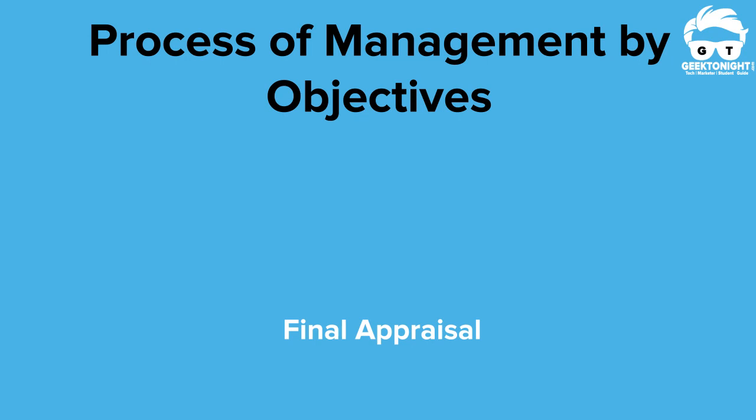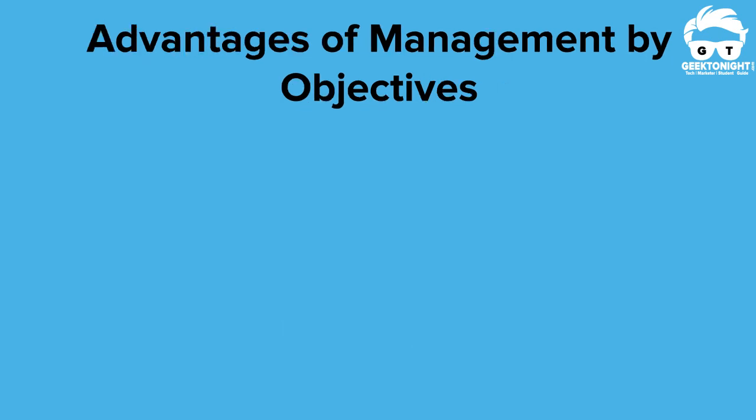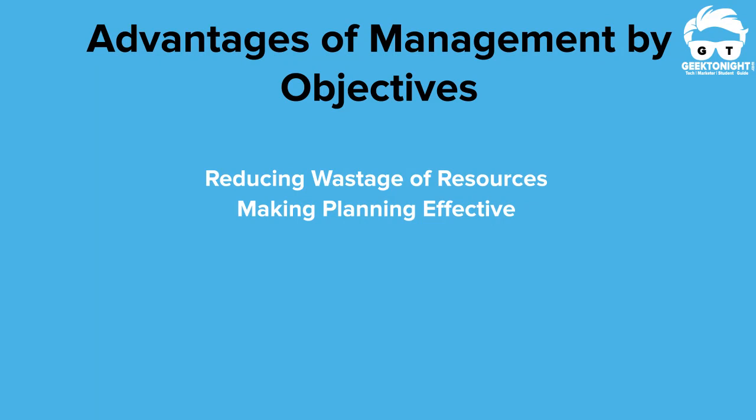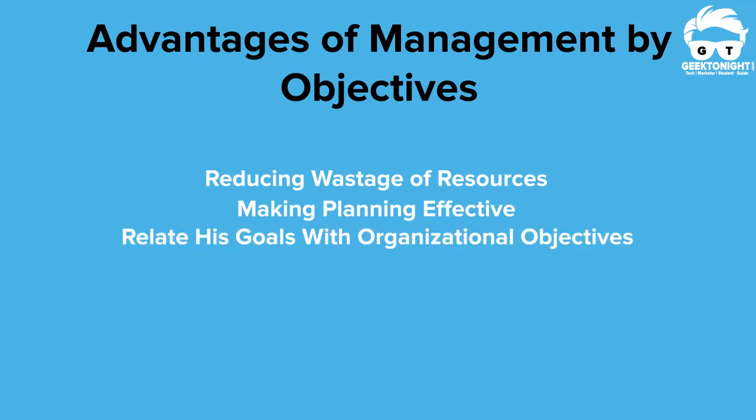After the process of management by objectives, the next topic is the advantages of management by objectives. There are quite a few elements. Those are: helps in reducing wastage of resources, helps in making planning effective with the help of action plans and result-oriented planning. The subordinate is able to relate his goals and organizational objectives and feels proud of his contribution